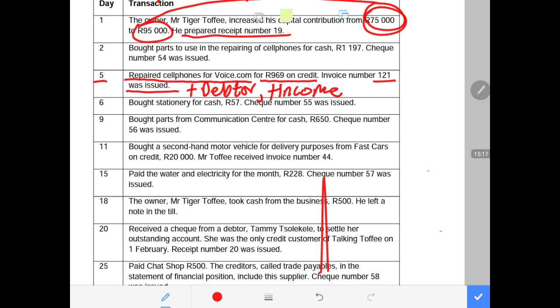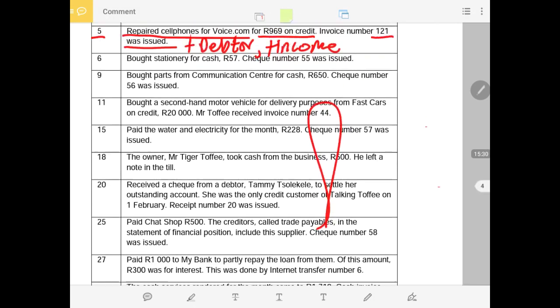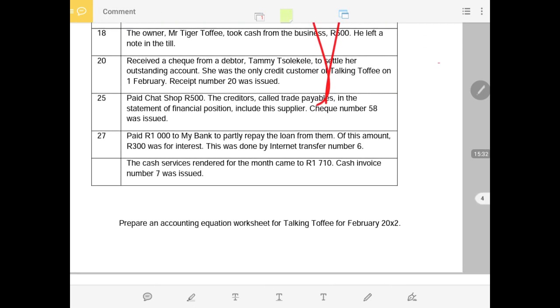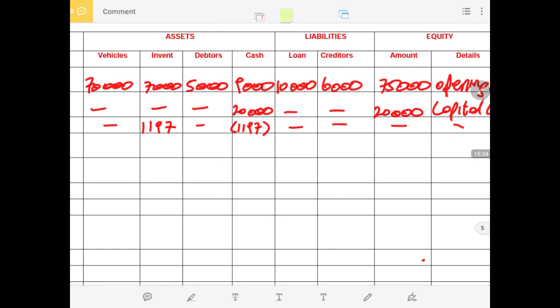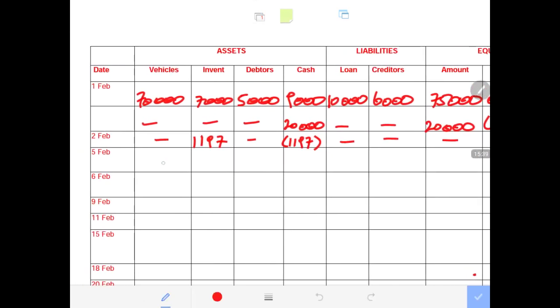Our income is going up, and the people who are owing us money also go up, because this customer has not paid us for the cell phone that we have repaired for him or her. So the 969 must be recorded under our debtors, meaning our debtors are expected to go up by